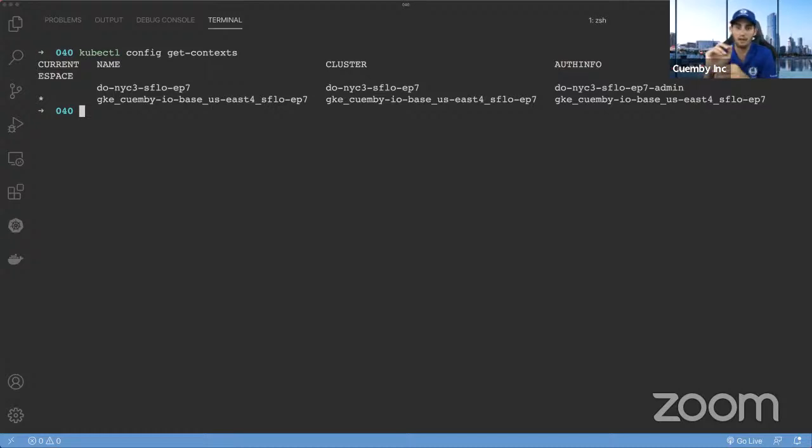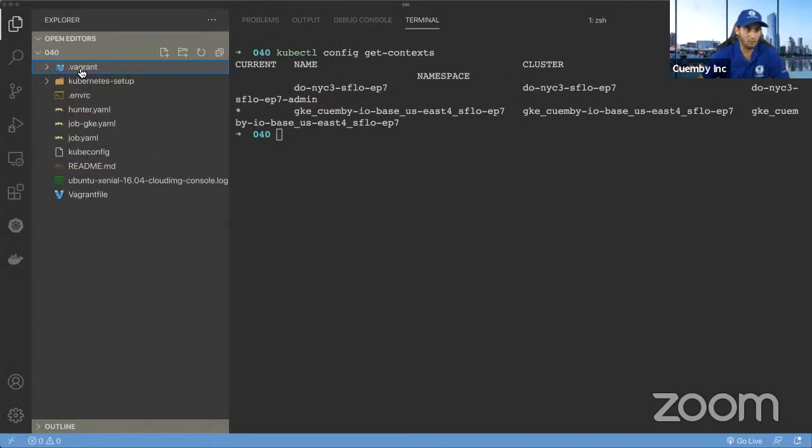And by the way, to be fair with everyone in terms of setup, I literally just used the defaults. I ran doctl create cluster. I didn't even select what type of machines; whatever the default is, I'm just taking that. Same for GKE and same for Vagrant. For Vagrant, of course, I'll show you what I did.